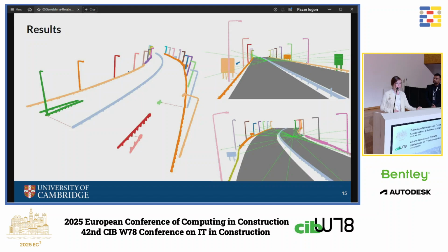So moving on to the results, here you can see some of the intermediate results with point clusters. And here with red lines, you can see closest to relationships, on the left, for example. And green lines are our association relationships with that current road segment.